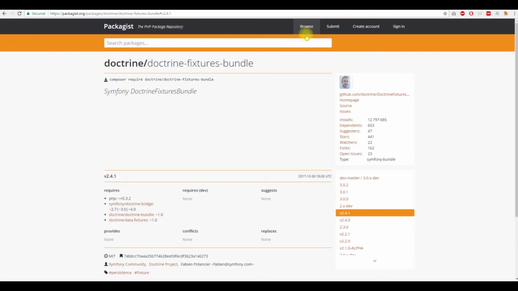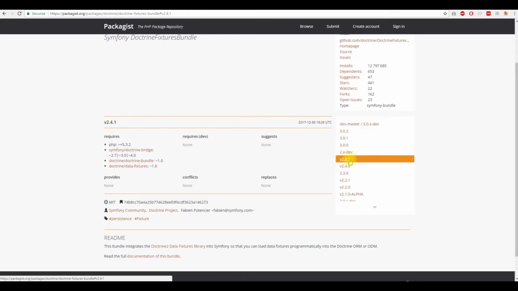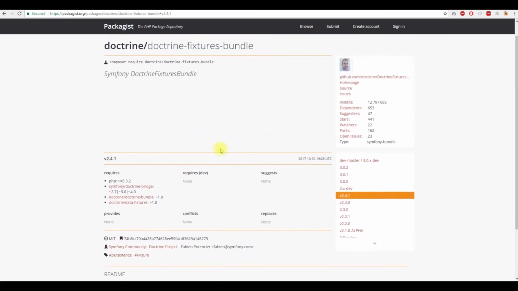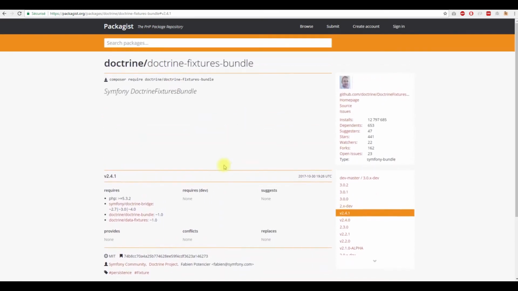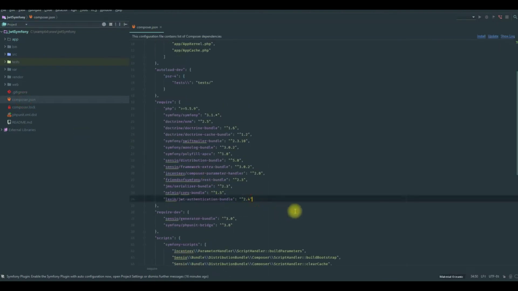But in my case, in the packages, the PHP package repository, I'm gonna make some changes. This is the last version, so it supports the framework bundle 3.3 or 5.0. So I'm gonna use this version. It's 2.4 or 0.1. So I'm gonna use this version, and to use this, I'm gonna add it here in composer.json